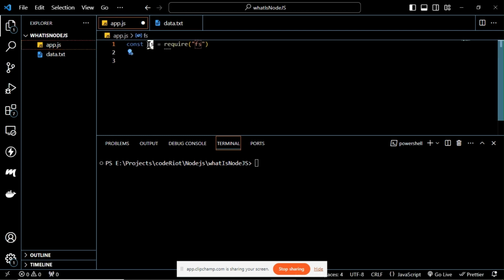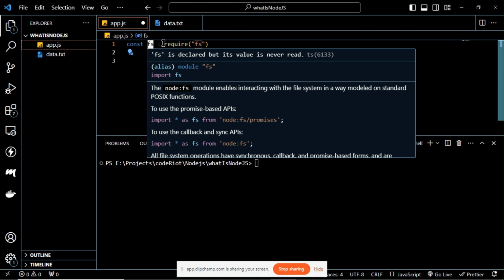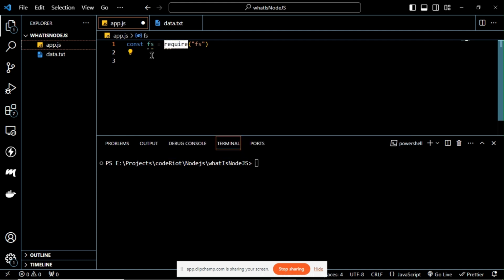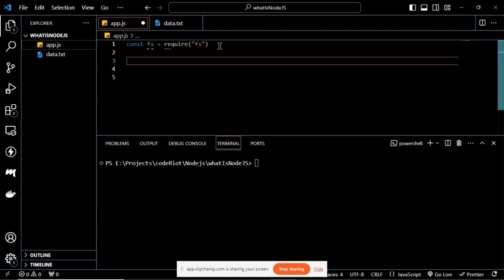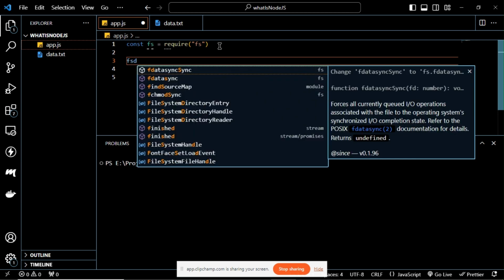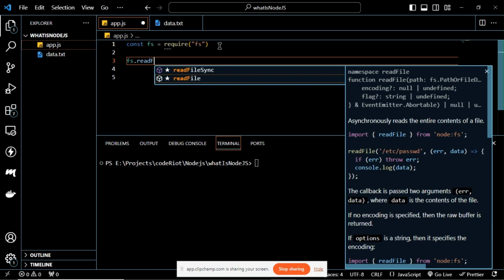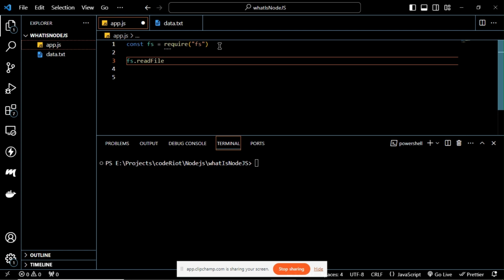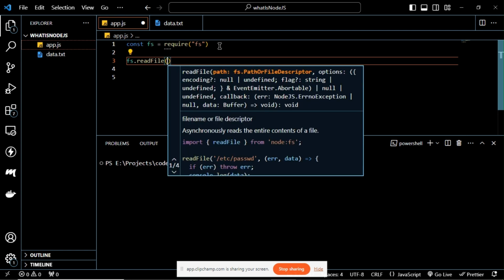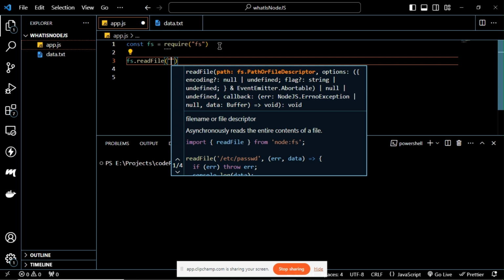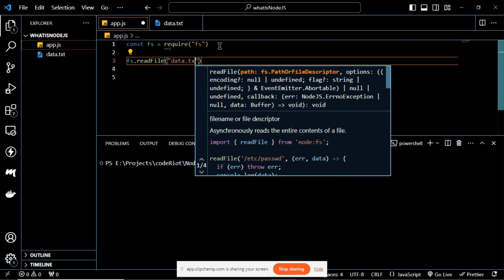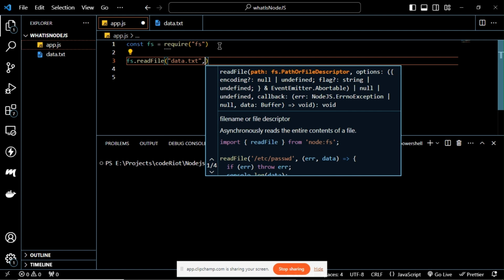So fs is a module, and we are using this module by using the keyword require here, and now we are trying to read the particular file. fs.readFile. This line reads the content of the file. readFile is a function which is an asynchronous function. So readFile, which is an asynchronous function, takes three arguments. The first argument is the path of the file where it is located, as it is located in this particular directory itself, so we are providing the name directly, and then